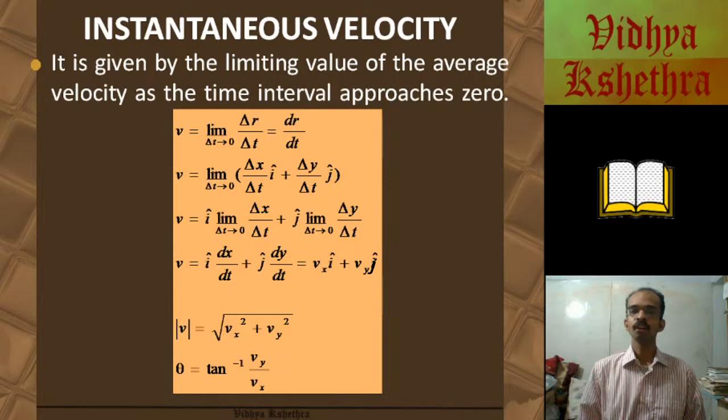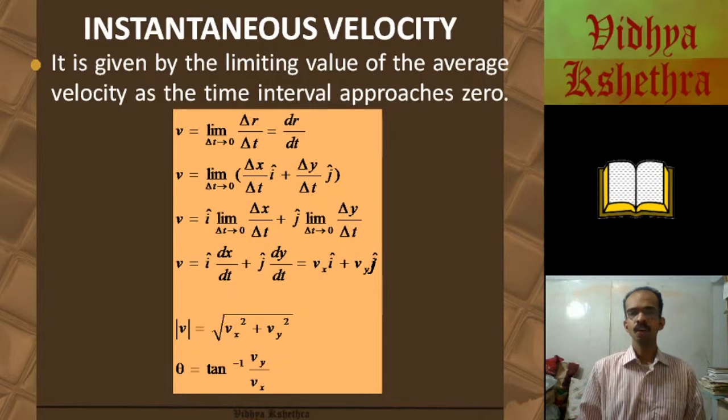Now substituting the value of delta r, we get delta x by delta t i cap plus delta y by delta t j cap, which becomes i cap limit delta t tends to 0 of delta x by delta t plus j cap limit delta t tends to 0 of delta y by delta t,